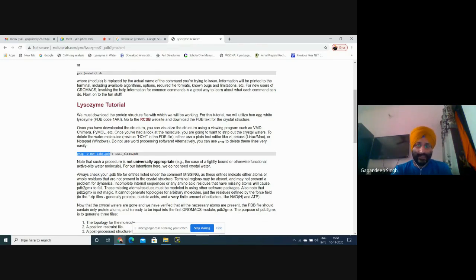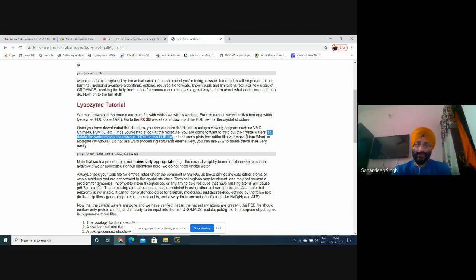See here, to delete the water molecules, the HOH residues in the PDB file, we can clean these water molecules. If our structure is not present in cytosol, if it is in a membrane, we need to remove the water molecules, or if it is in cytosol, we need those water molecules.